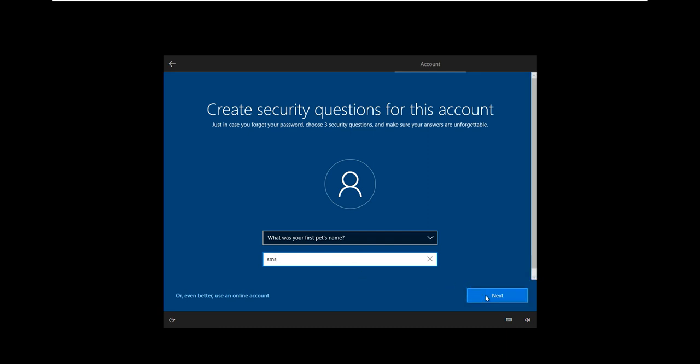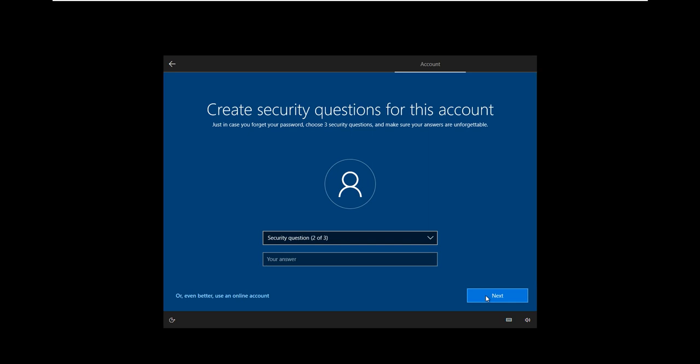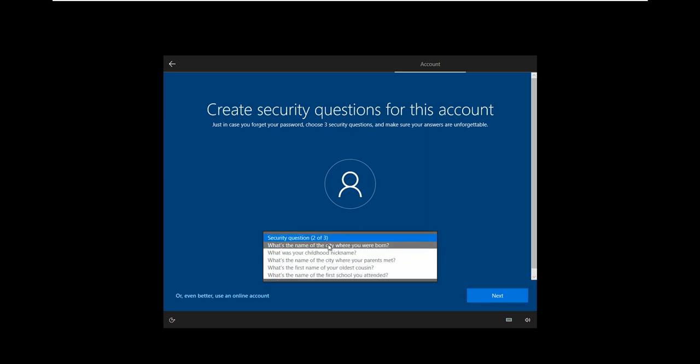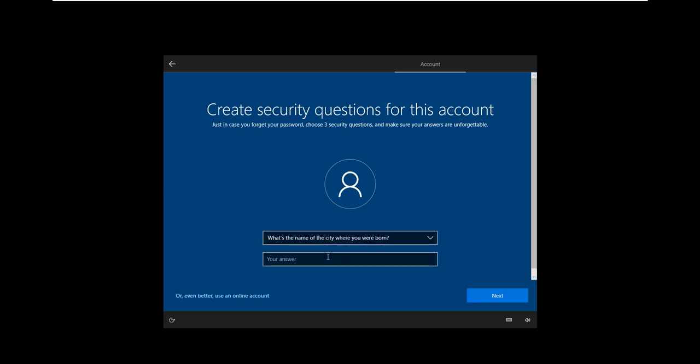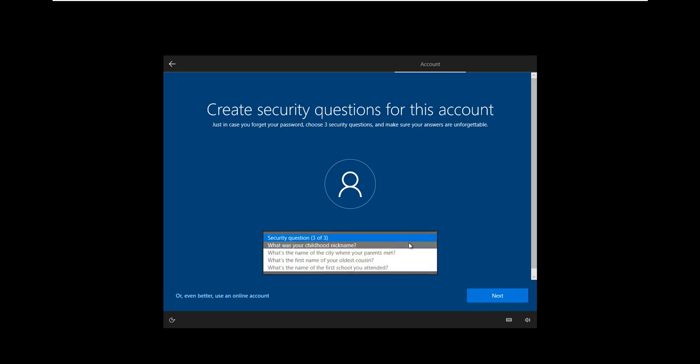Next. Now it is asking for the second question. You have to choose at least 3 questions, so that if you forgot the password, then you can recover the password by using these questions. And this is the third question.